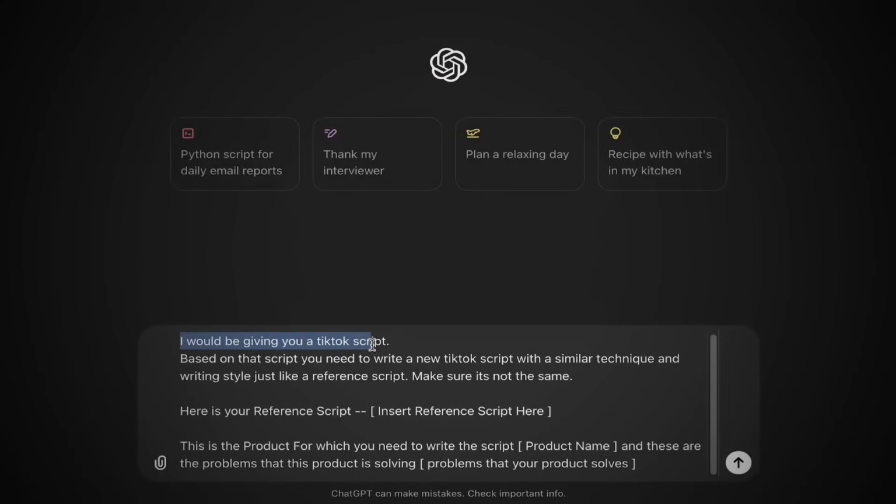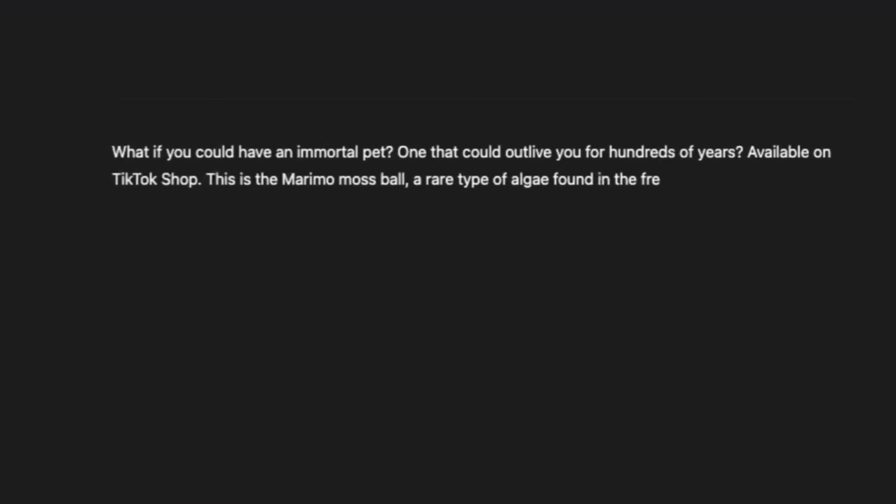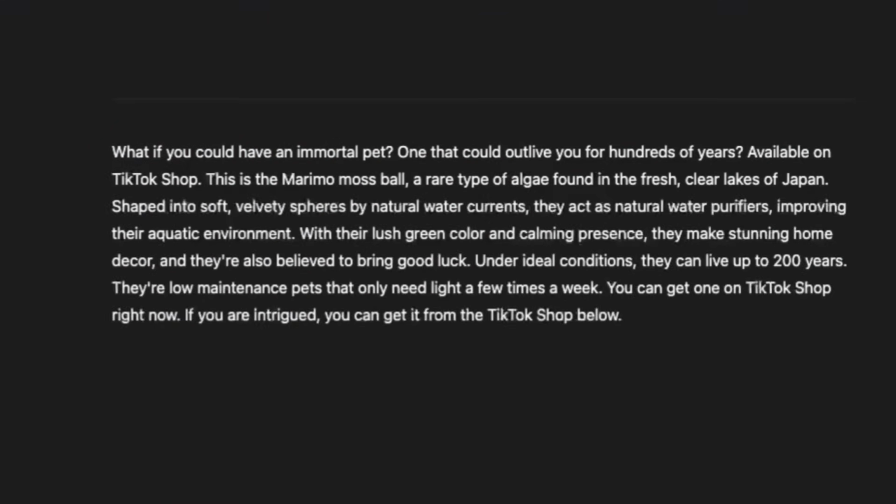The prompt begins by commanding the chatbot to create a similar TikTok script based on the reference script you will provide, and the writing style and technique should be the same as the reference script. Then, after that, simply provide details about the product you are promoting, such as its name, the problem it solves, etc. As you can see, the chatbot gave us an outstanding result, and to be honest, I was particularly